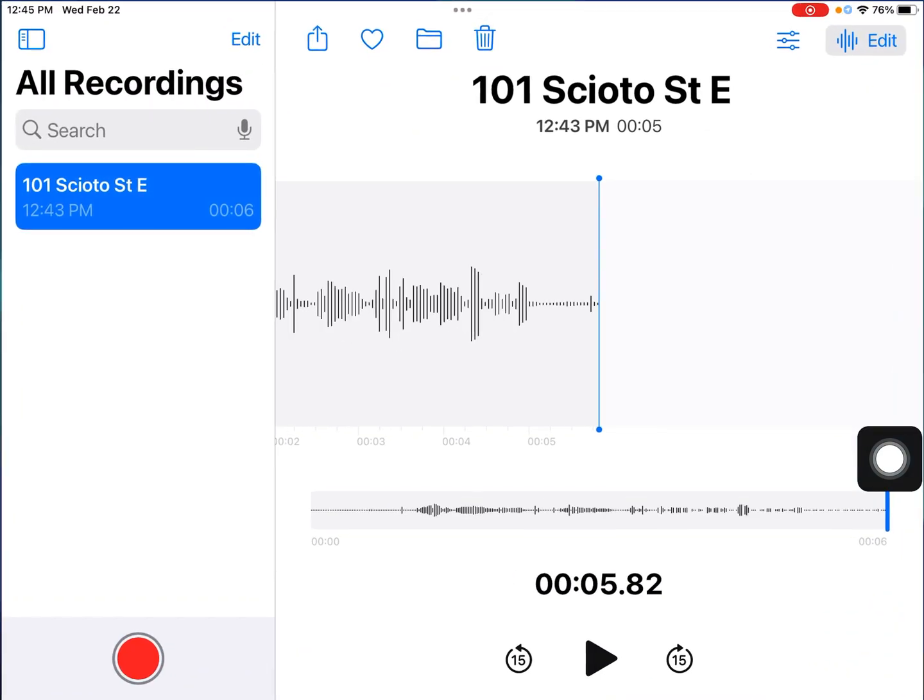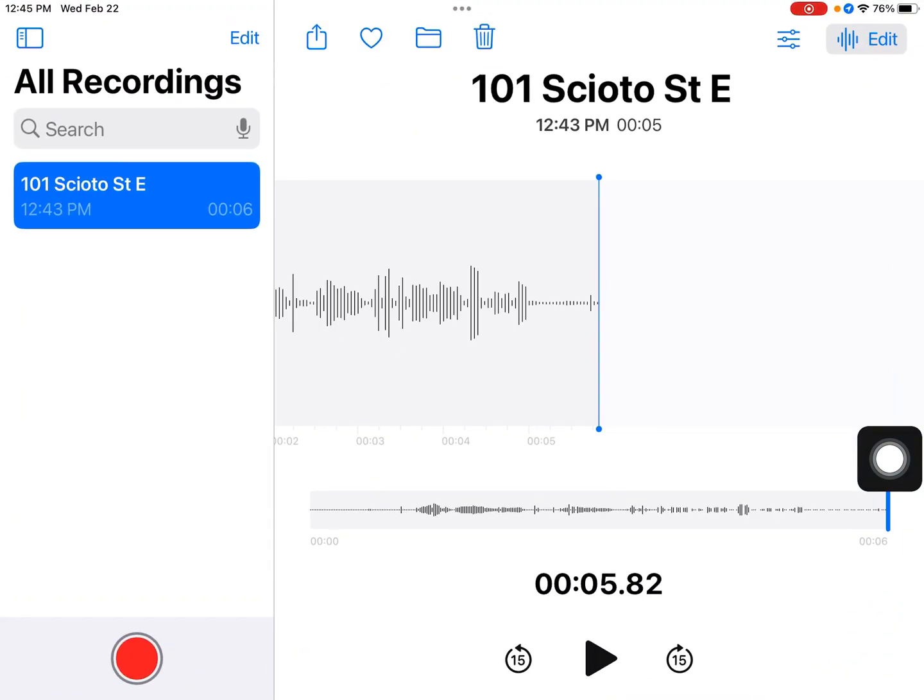So, if you click on that, what's great about voice memos is you can capture ideas on the go. You can use the Voice Memo app to record a thought so you won't forget it. You can listen to it later to incorporate your ideas into a lesson or an activity or to share your